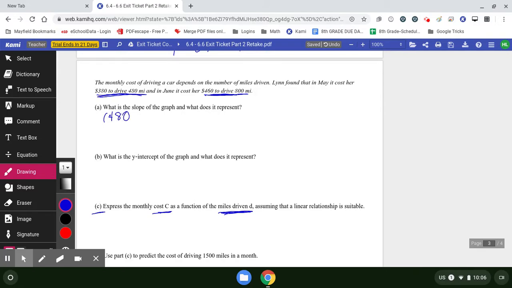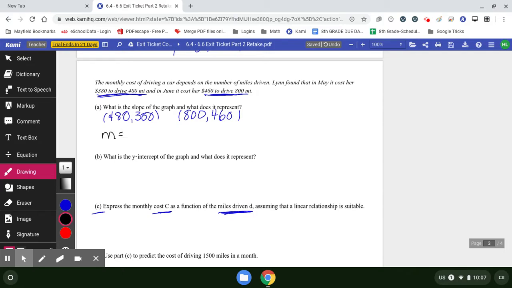So 480 miles cost $380. You should start noticing the x value is always what's changing, and the y value is the result. So when the miles change to 800, the result is $460. Okay, so we are going to find the slope,